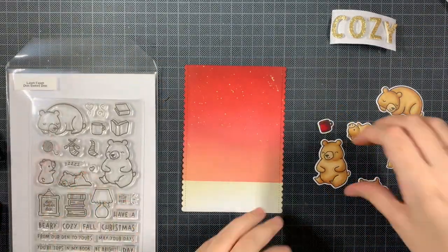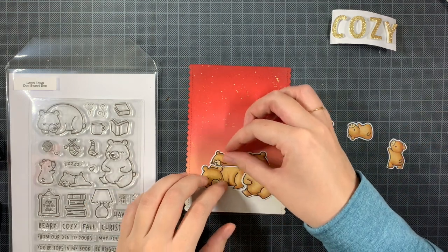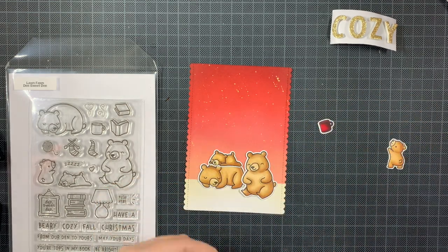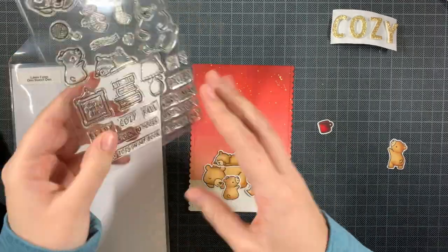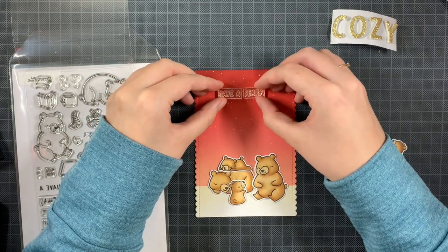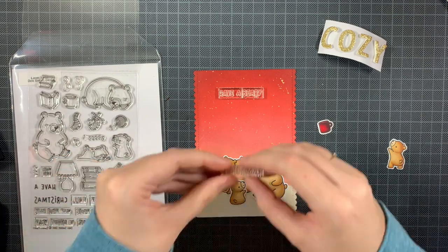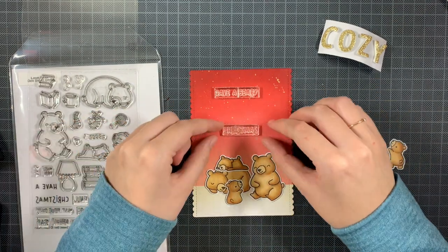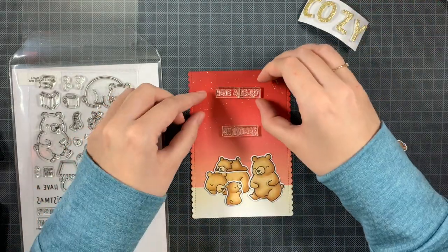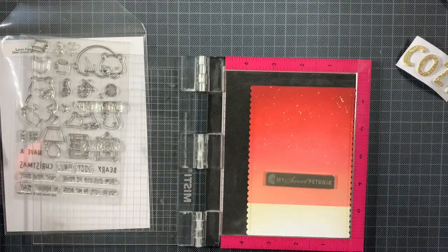So I die cut everything using the matching dies, and I'm just going to place everything to see where I can stamp my sentiments. Because I die cut the cozy, and the idea is actually to have a very cozy Christmas, like it's on the stamp set, but with the cozy jumping out and also matching with the sides of my card later on. So I had to place the have a berry and then Christmas, making sure that there was enough space for the cozy, and then of course I wanted them lined up in the middle of my panel,